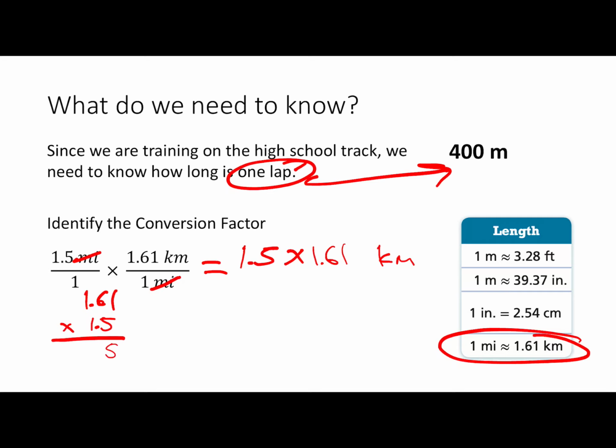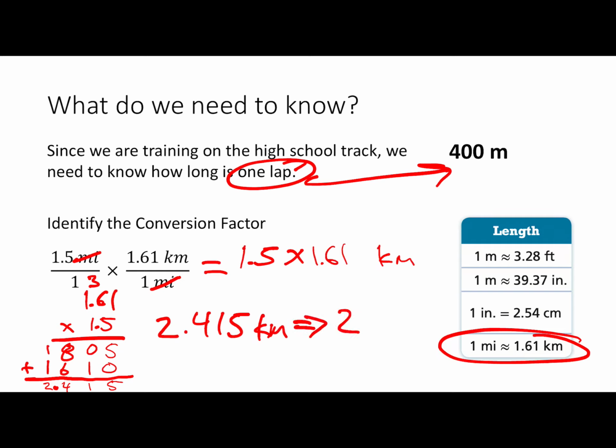Now, we'll go ahead and multiply those two values. And 5 times 1 is 5, and 5 times 6 is 30. Carry that 3 over, and 5 times 1 plus 3 is 8. Next line, we add the 0, and it's 1 times 161. Add up those two lines, and 5 plus 0 is 5, and 1 plus 0 is 1, and 8 plus 6 is 14, and 1 plus 1 is 2. We've got 3 decimal places, so the decimal goes right there. So we get 2.415 kilometers,